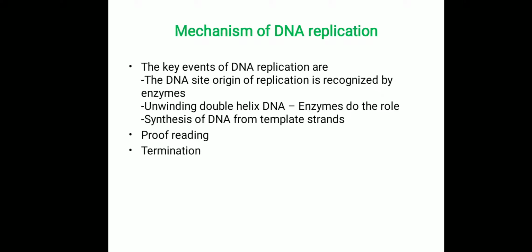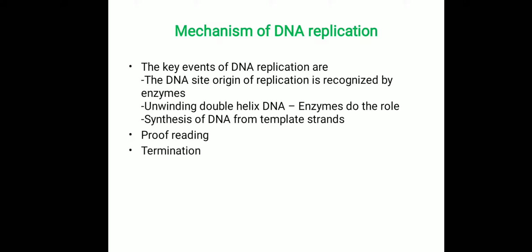Once it is recognized, these enzymes unwind the double helix into single strands, and another group of enzymes will come and perform the synthesis of complementary DNA strands. Once this strand formation is completed, another group of enzymes is involved in proofreading and some other post-processing work. At the end, each DNA molecule inside a single cell is allowed to duplicate only one time. That means one pair of DNA molecules is converted into two sets of double-stranded DNA molecules.